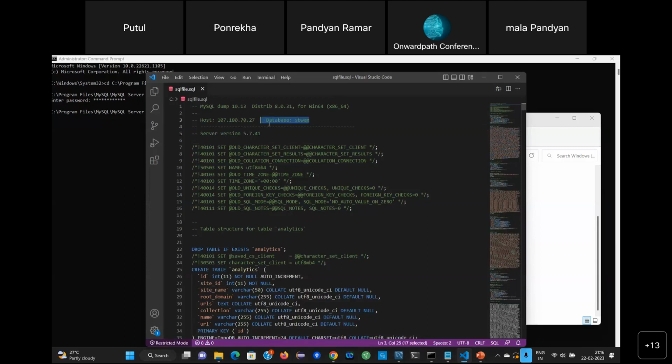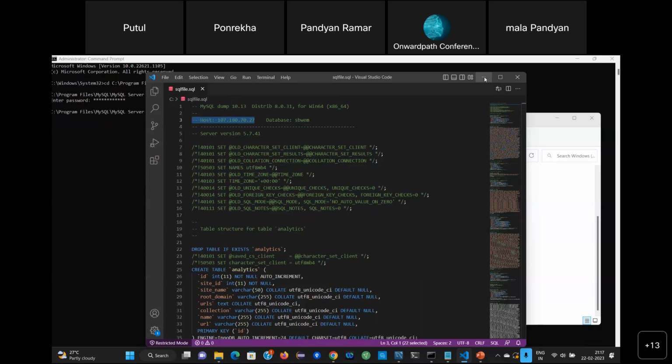Then check for the database name, check for the IP address. If everything is okay, then your data is downloaded fully. This is for a single database. It takes some 7 to 10 minutes. Then access this data and check for duplicates. If you want to eradicate them, delete the duplicates, handle it well, and if needed, upload it into the